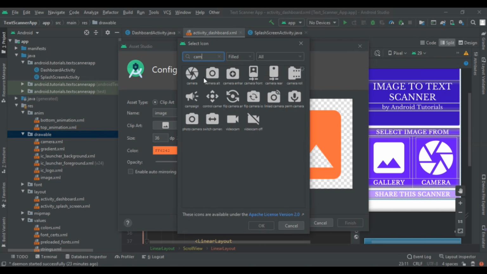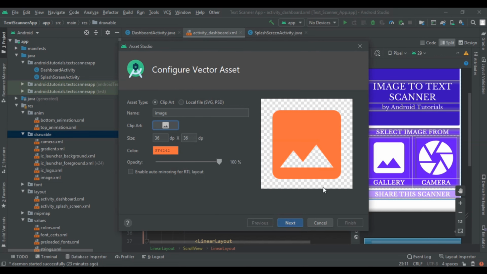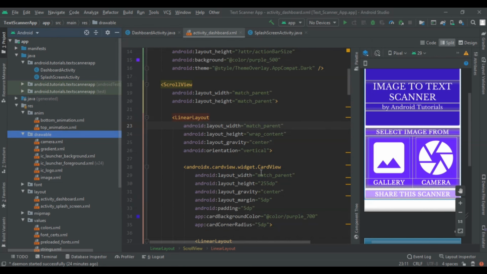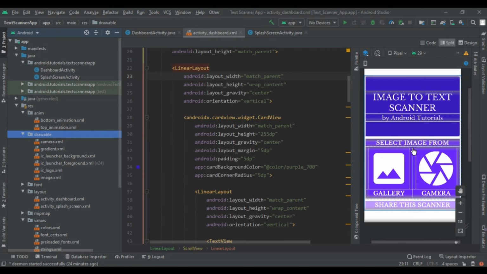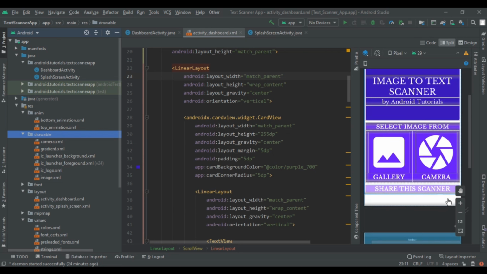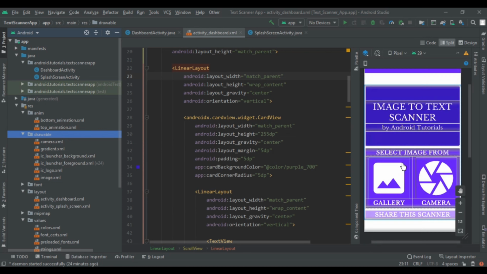So here I had shown you about camera. So by this way you have to add the image to your project and then cast it like this. So this is our dashboard design, but when we get an approval from the ads, then we are changing this promotional content to that ad and adding this scanner to ad, so we will get the maximum revenue. So this was our dashboard design.